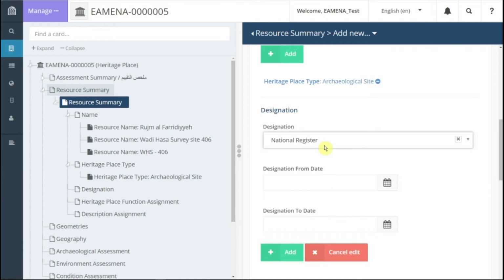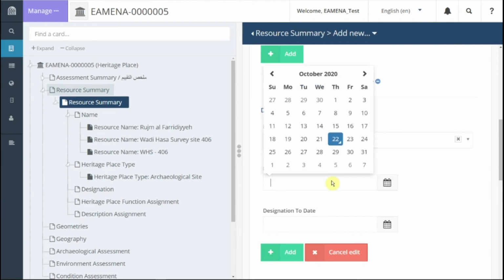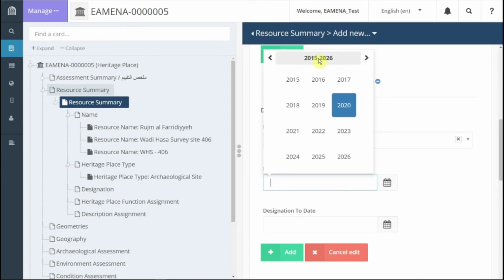Dates can be entered either by clicking on the date on the calendar pop-up that appears, as you can see here, or by typing the date in the year, month, day format. So, for example, if we want to enter the 14th of July 2016, we will write 2016, 07, 14.